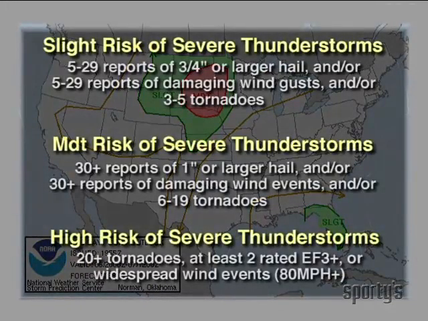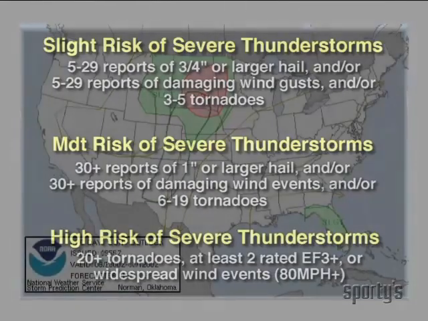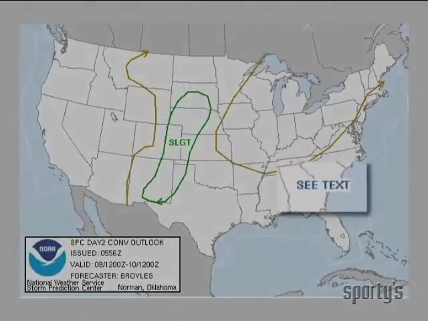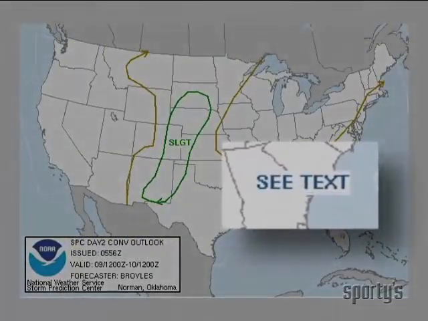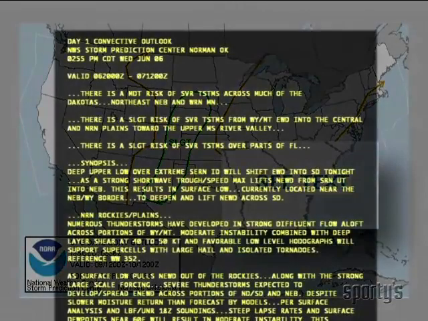For example, an area with a slight risk does not mean that the thunderstorms will be slightly severe, rather that the severe thunderstorms are expected in small numbers and/or low coverage. Places marked See Text are also expected to have severe weather, but with less chance or lower coverage than the slight risk areas. In addition to the chart, a convective outlook includes a technical discussion describing the factors expected to